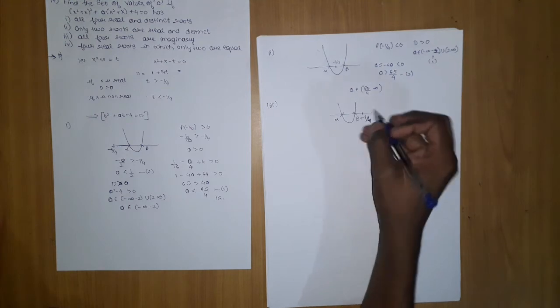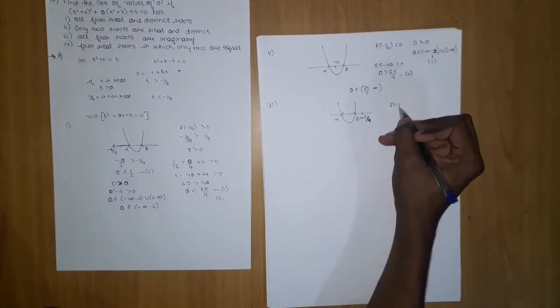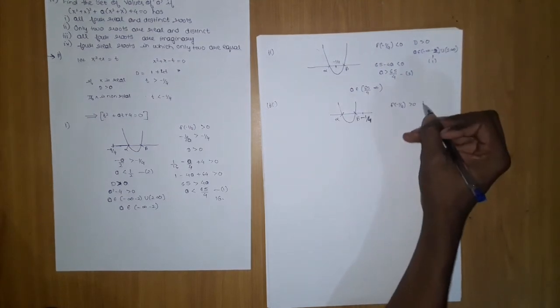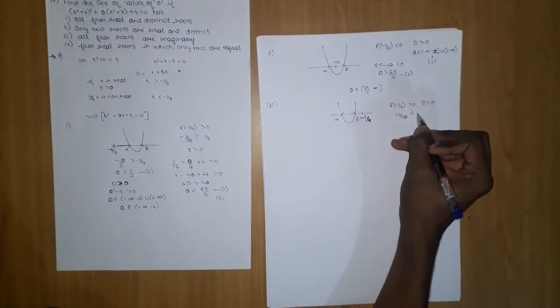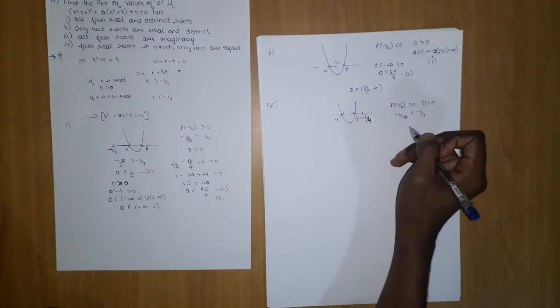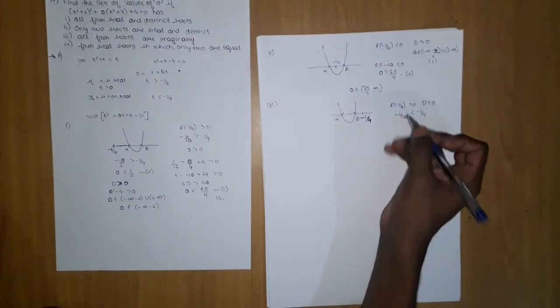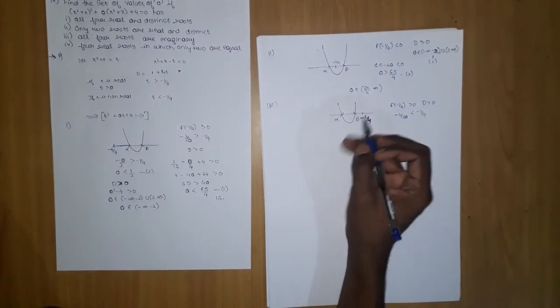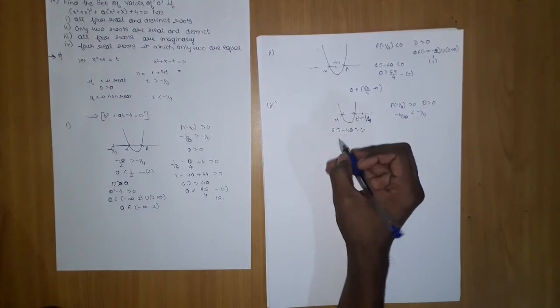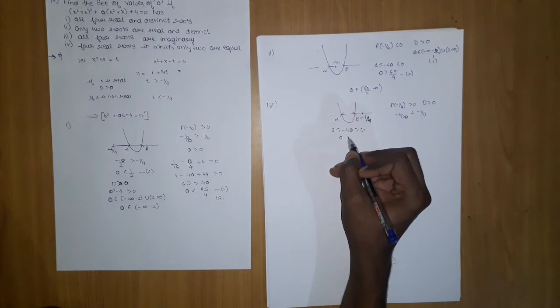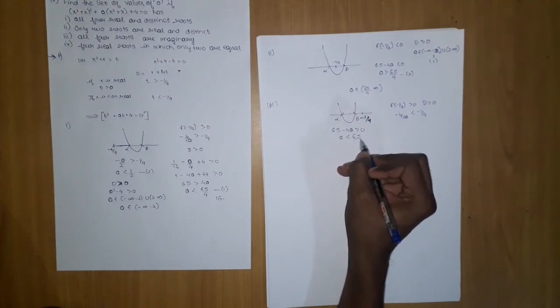So what are the conditions for this to happen? Minus 1 by 4 here will be greater than 0, d will be greater than 0, minus b by 2a will be less than minus 1 by 4 here. These three things, so I already know their values. It will be like here 65 minus 4a will be greater than 0, which will give us a should be less than 65 by 4.